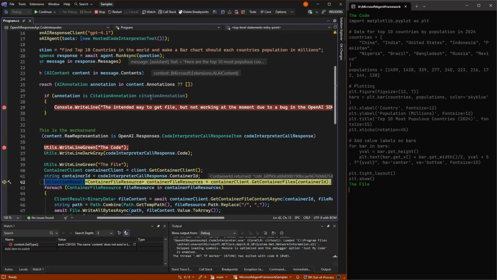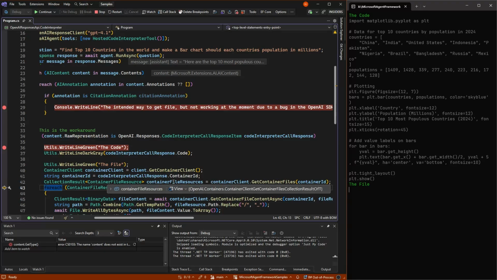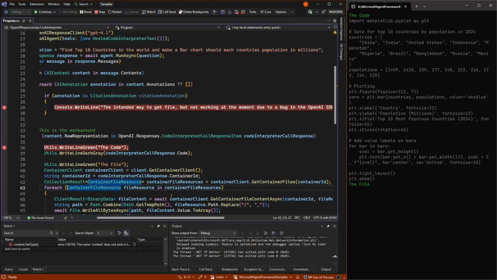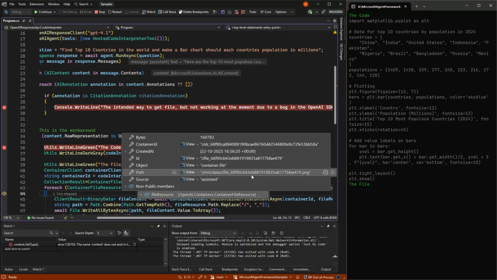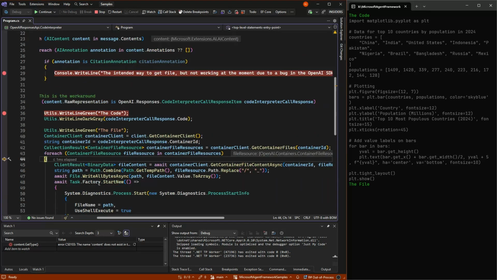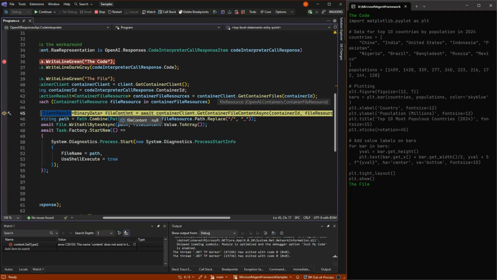Normally we would have gotten a file ID here and we would just directly get the file. But in our case, we need to actually grab the container files and get the files. So here we get our file. We can see we had a PNG with a random name here, and that is the file we're going to grab out of the container.